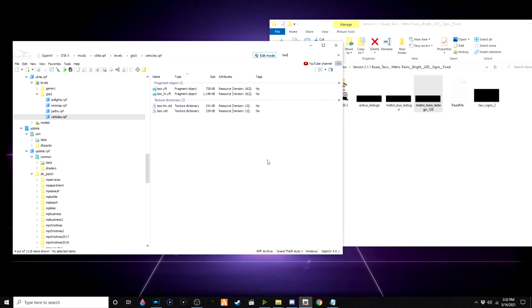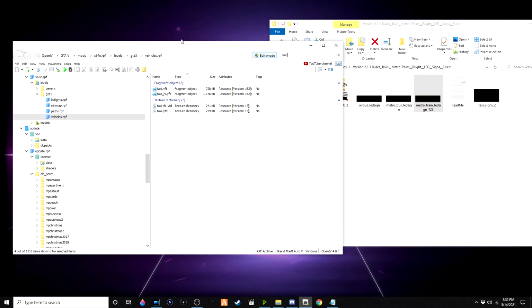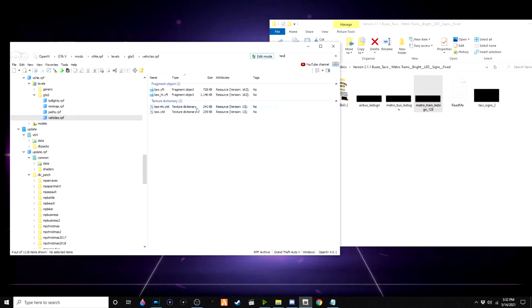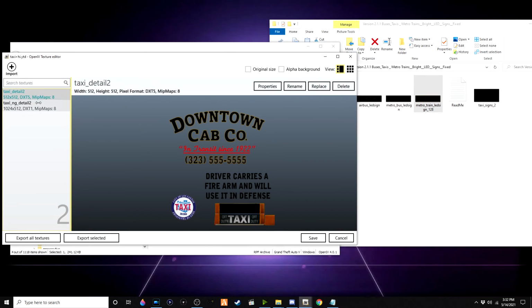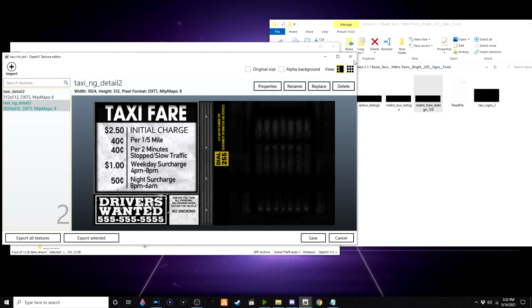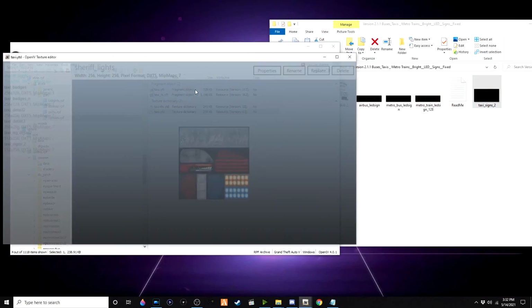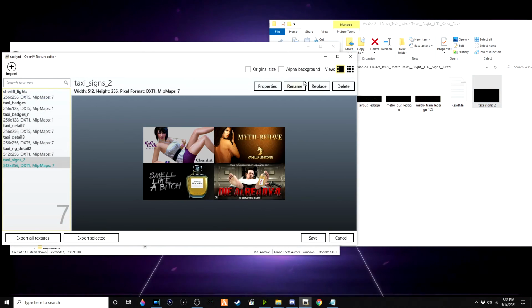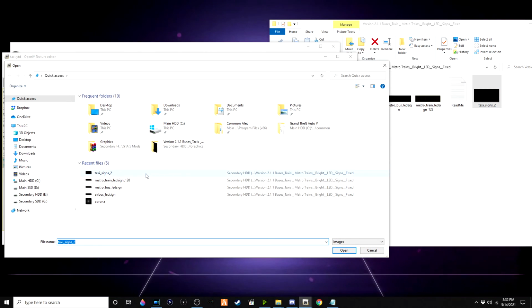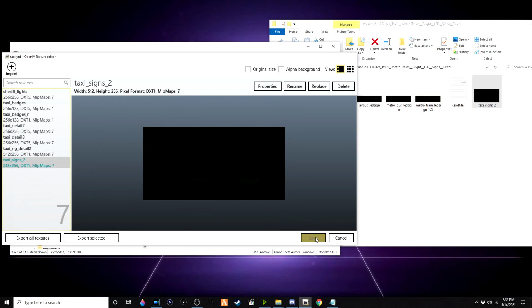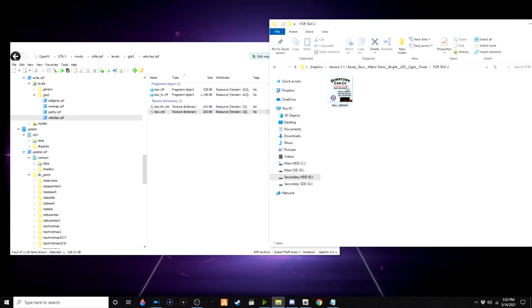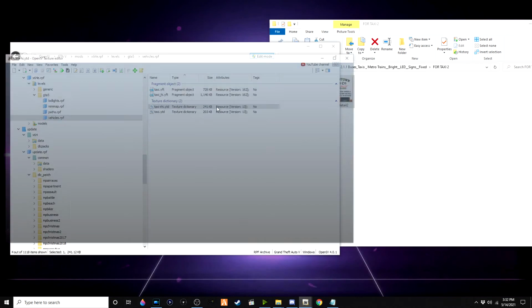All it is is a simple IV as well. Not too hard to install. Let's see. Okay, so let's click on Taxi Signs 2 in the YTD. Taxi Signs 2. Let's replace it with the recent. There we go. And now for Taxi 2, we can open up the